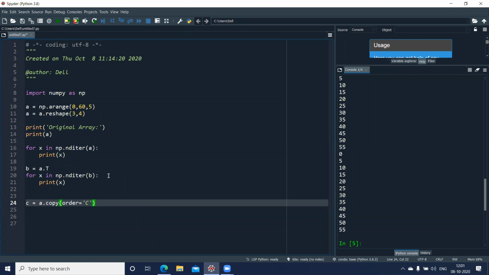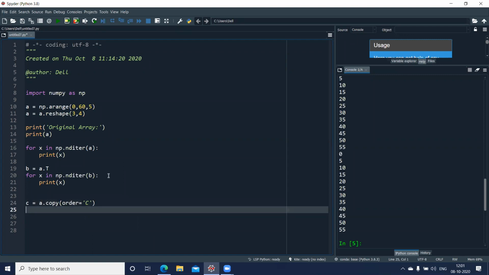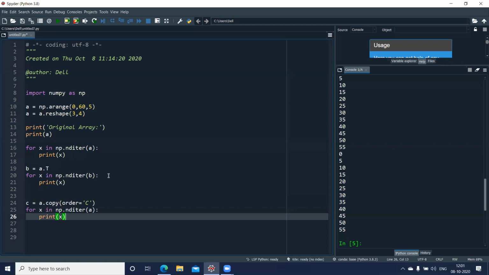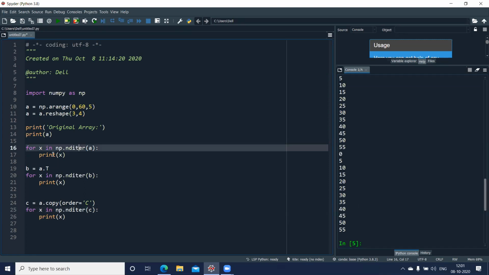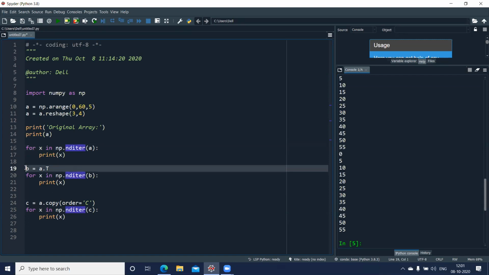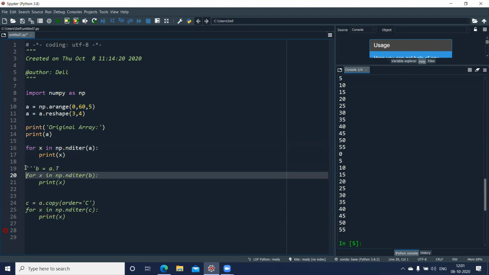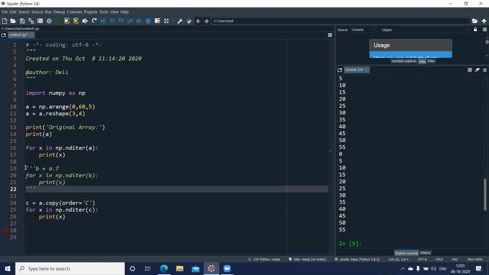And when I display the values, I'll write the for loop again here. And this time I'll make use of C. Let me comment this for loop. So I'll have the original loop here.